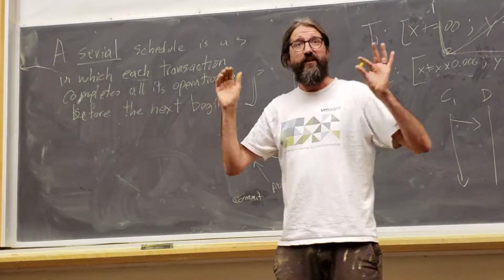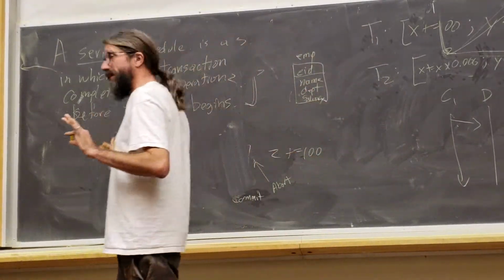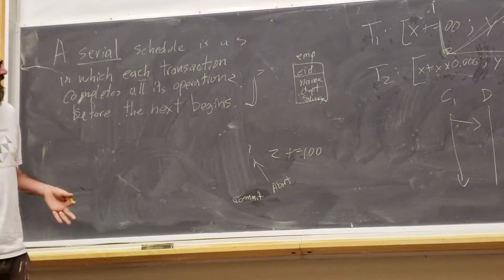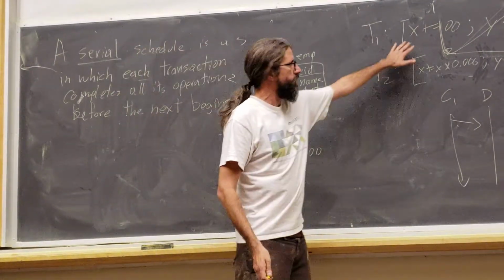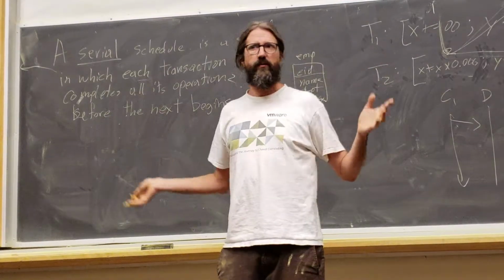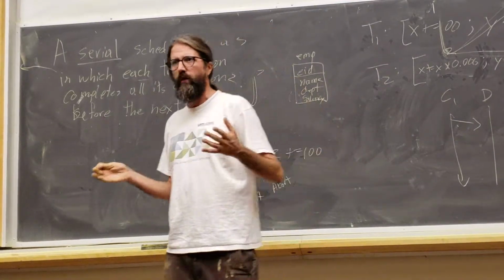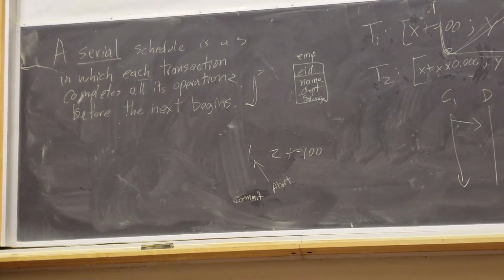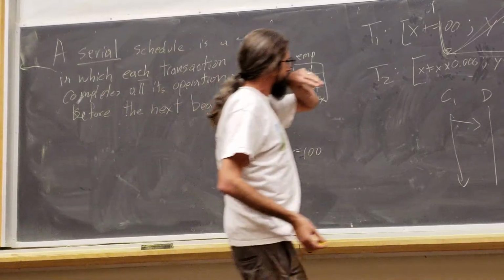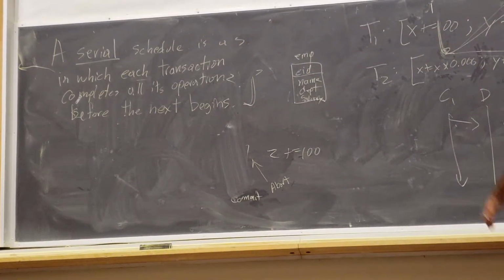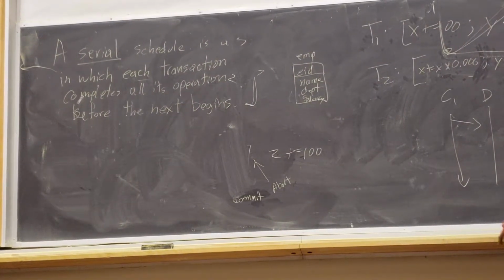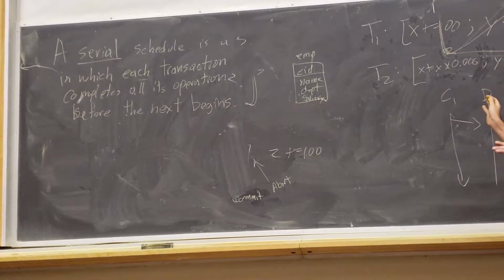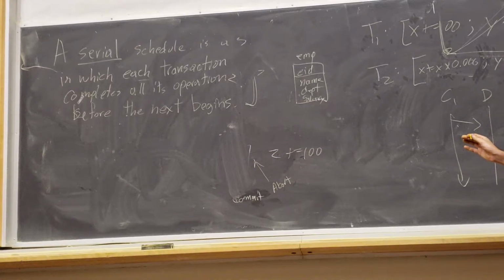At least in traditional disk-based database systems, the data is stored on disk, right? Because there's more data than is going to fit in your memory. And that means it takes about two orders of magnitude more time to read a value than to do some computation on the value. It's dog slow, measured in milliseconds, whereas your CPU operates in nanoseconds, right? So there's an opportunity for this I/O and this I/O to happen in parallel if you interleave the transactions, right?